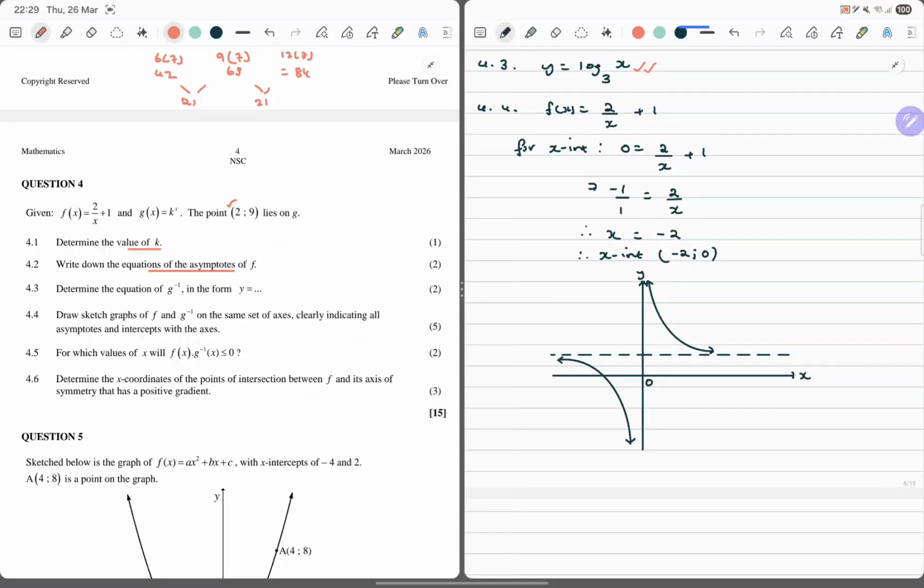Okay, so that's the graph of f. We can label it here that this is f and this is minus 2. And we know that this is 1 where the asymptote cuts. And that's it for the graph of f. It's sorted. Now, the graph of